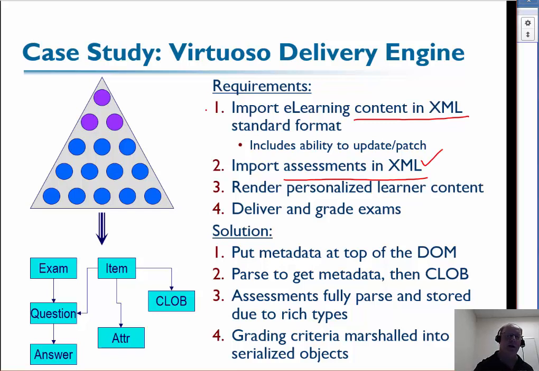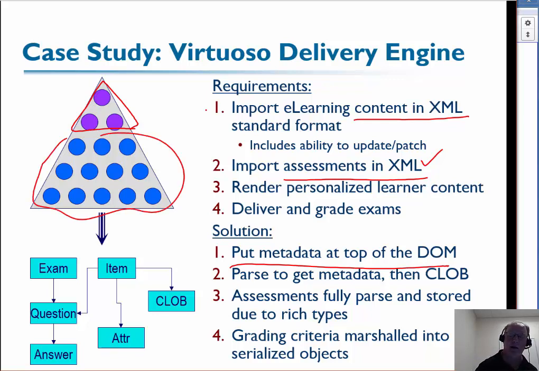So we'd actually see a tree where we'd have rich metadata at the top of it. And that rich metadata allows us to make a lot of decisions about that content and those assessments that that particular student was supposed to get. So we put the metadata at the top so we could treat a lot of the data down here in CLOBs. It helped us filter quickly at the top and keep this even in memory if we wanted. Then we could decide what big data we need to get and deal with, because we would be dealing with that document throughout that individual's experience.